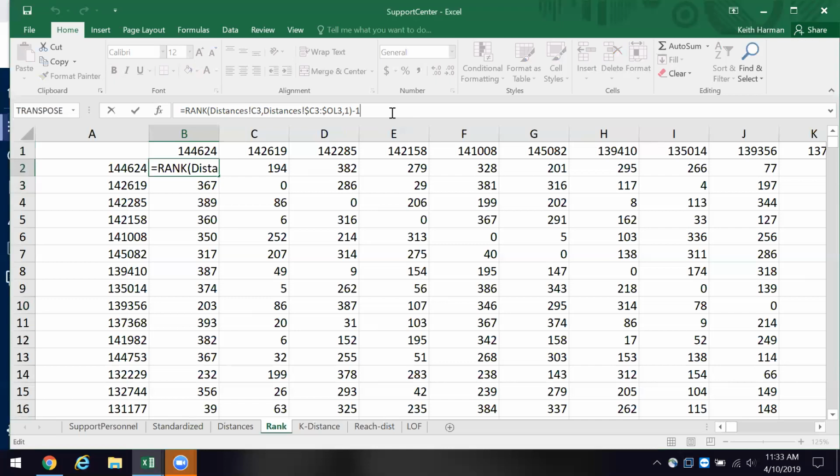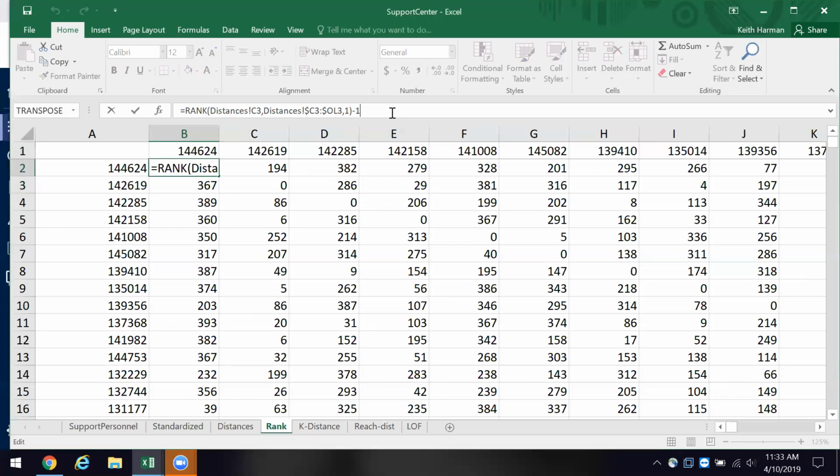And then the reference array is, again, in the distances tab, and that's C3 through OL3. And then we have a 1, and that means we're going to rank them in ascending order.